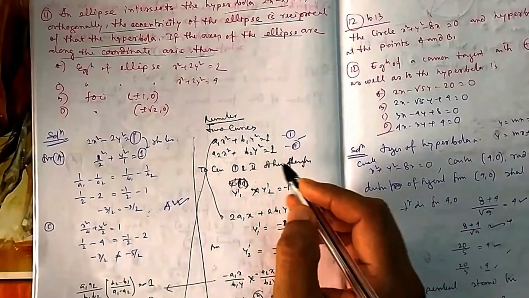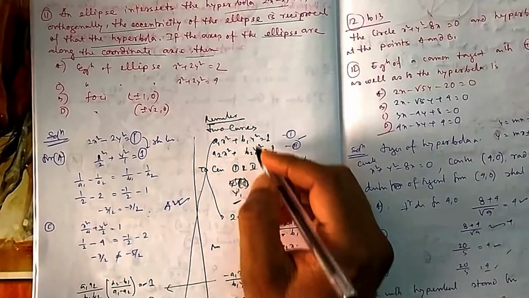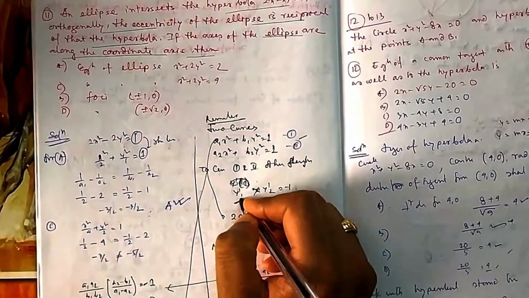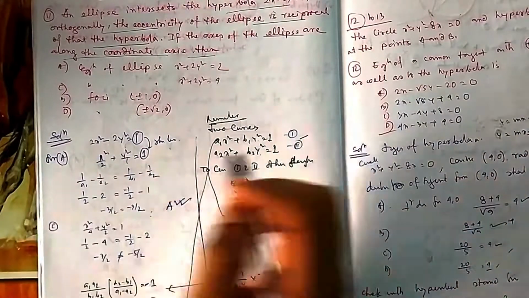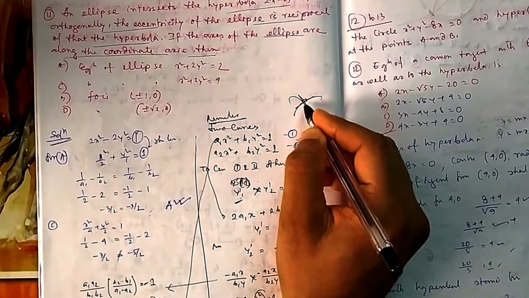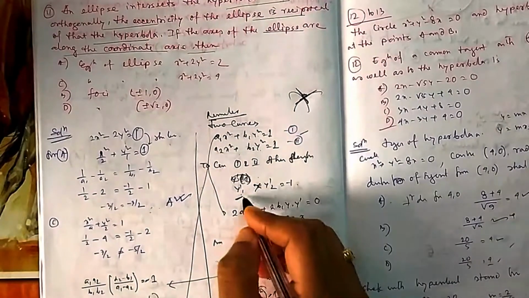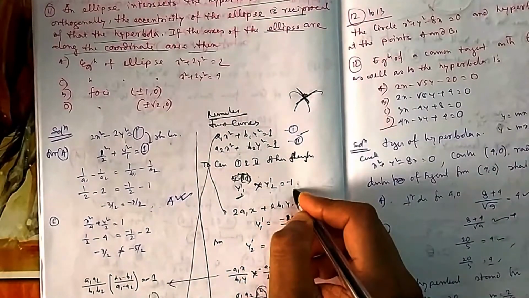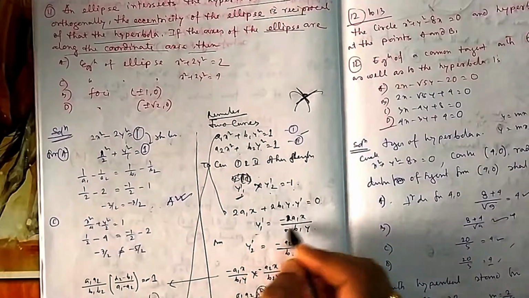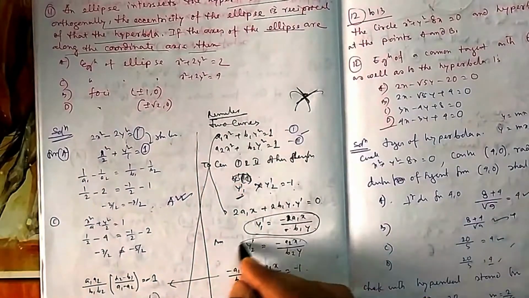So suppose these two are curves, and you calculate the differentiation of this one, y1, and of this one, y2. The differentiation will give the slope of the tangents, because the curves cut orthogonally, that means the tangents are 90 degrees to each other. So the slope of this multiplied by the slope of this will give you -1. So y1 dash into y2 dash is equal to -1. If you differentiate this one and calculate y dash, your y1 dash is this one, and similarly y2 dash is this one.